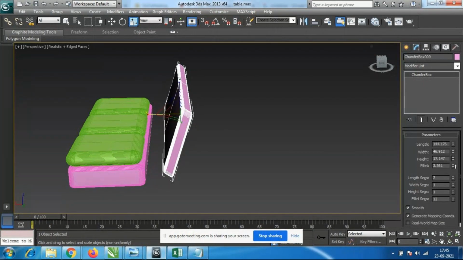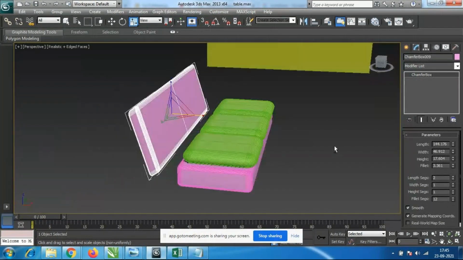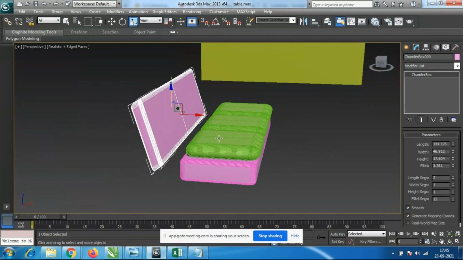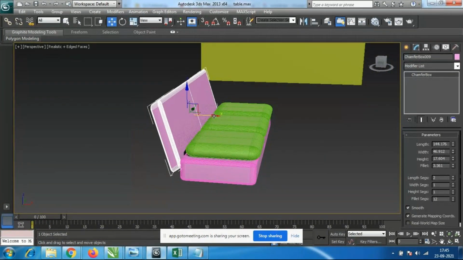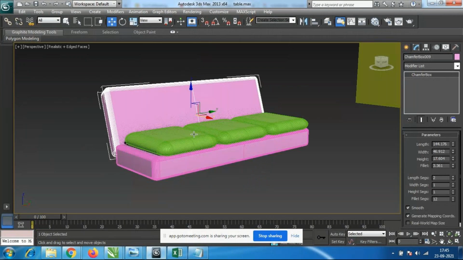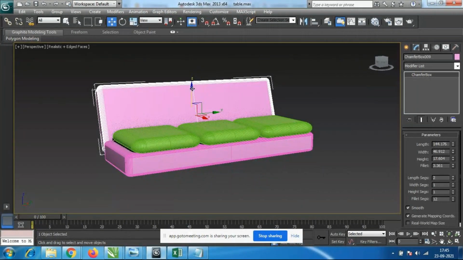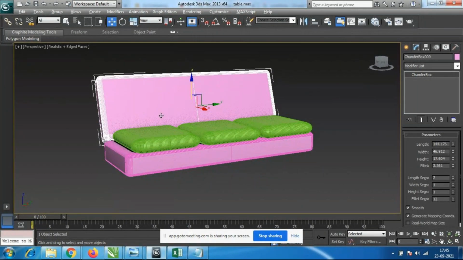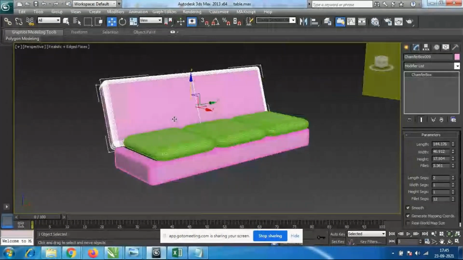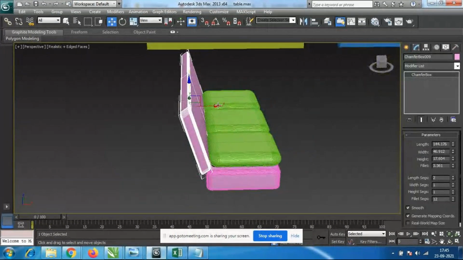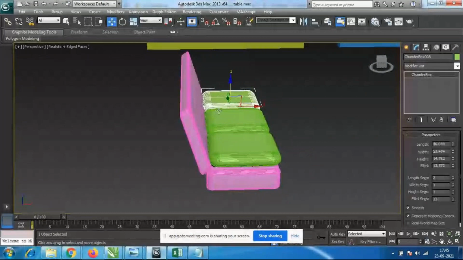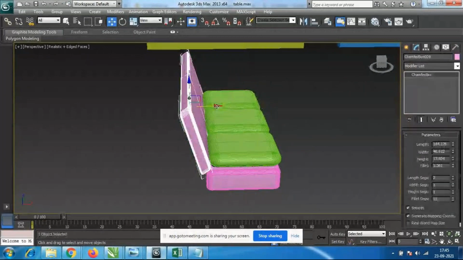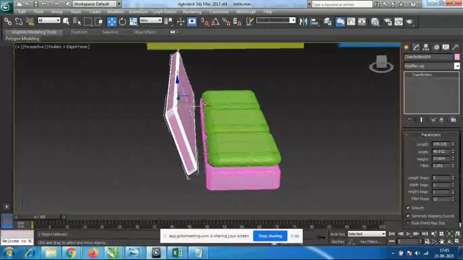The thickness and all, we can reduce it like this. Okay, then we have to join it as much as possible. I'll just join it. Otherwise, I'll keep it here. Suppose we have to make the cushion. The back side also, if I have to make the cushion.